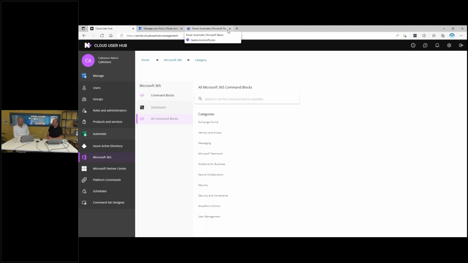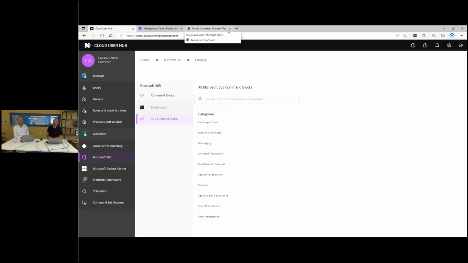Can you perform command blocks or command sets? And I know this is a difficult question to answer, but can you perform command blocks or sets against endpoint manager API endpoints? So to manage, for example, pushing agents to devices. It's not yet a feature in the product. Principally speaking, anything is possible, but it's not a command block that we offer today.